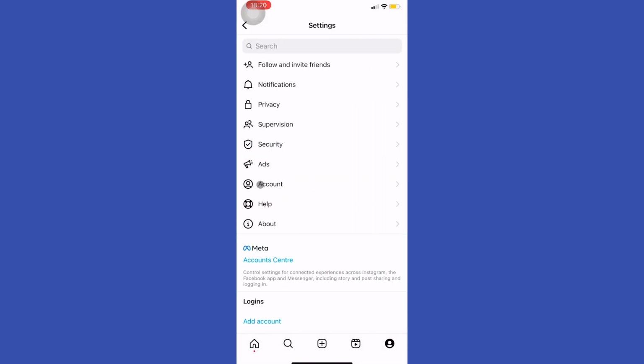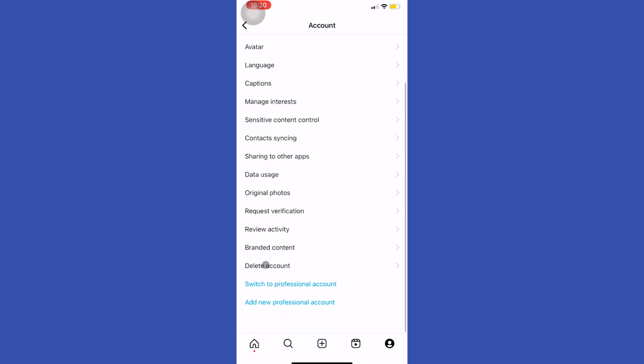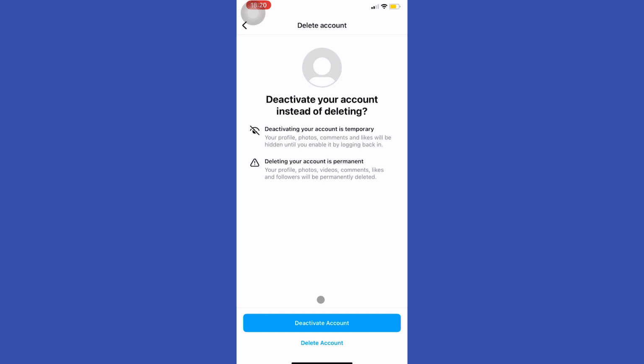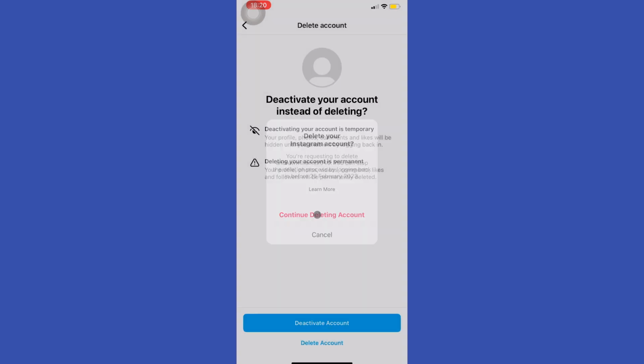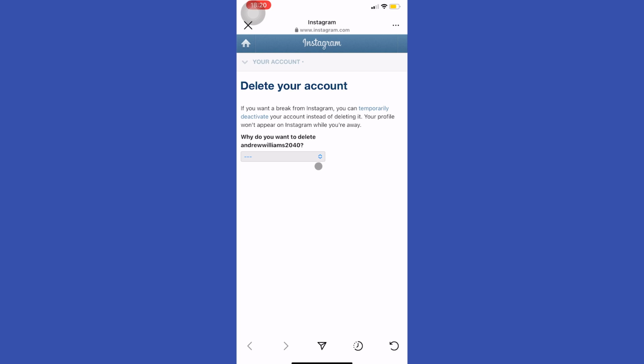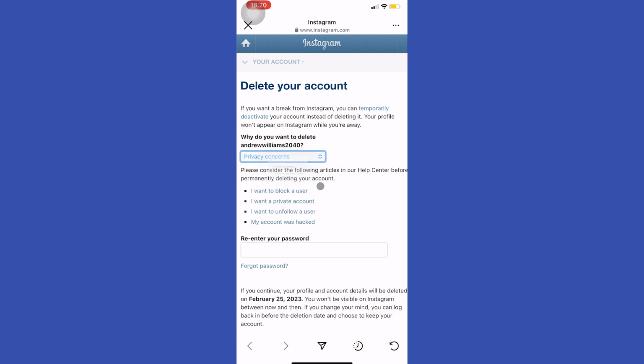So tap on here to go to account settings. Then scroll down and tap on delete account. Then tap on here, delete account. Then you can simply confirm the request to delete your Instagram account. Then here you can select the reason why you are deleting this account. Then here add your password and